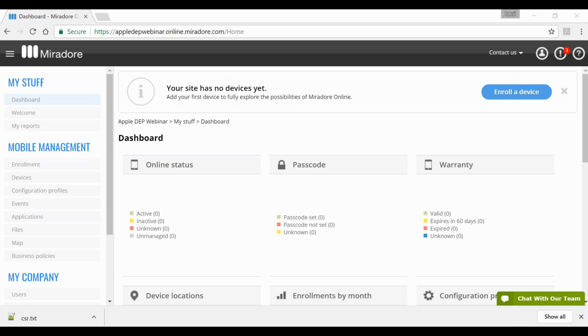But okay, about the DEP program itself, it has some good benefits. As said, it's easy to enroll the devices, even in large volumes. So if you are purchasing devices in big bundles, then you can easily get them enrolled to your Mirador Online management system. The enrollment itself can also be forced, so you can be sure that all your devices which you have purchased will be enrolled to Mirador Online, and are this way managed devices in your inventory.